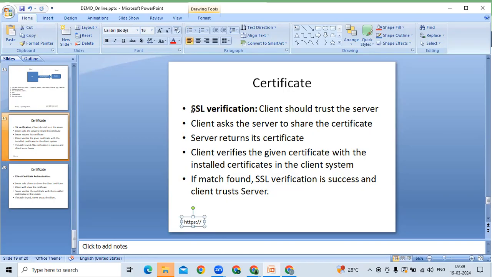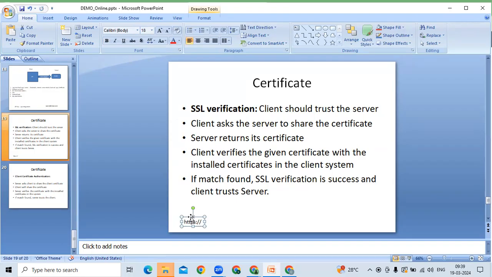You cannot restrict. If you are connecting to any HTTPS service, you need to ask them to share their certificate with you,